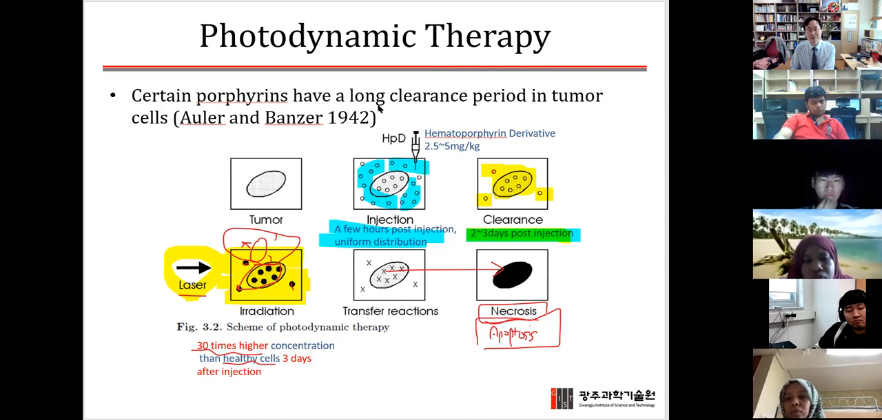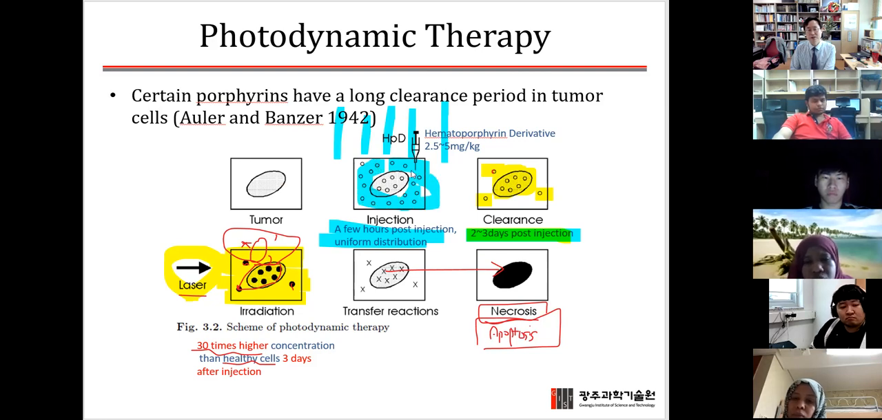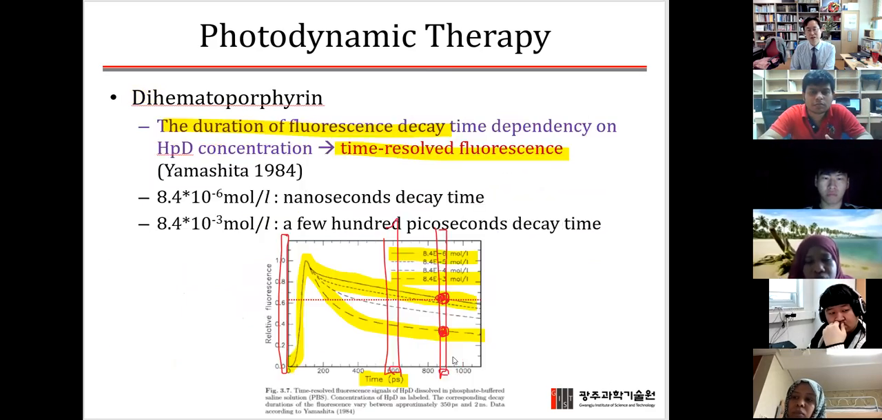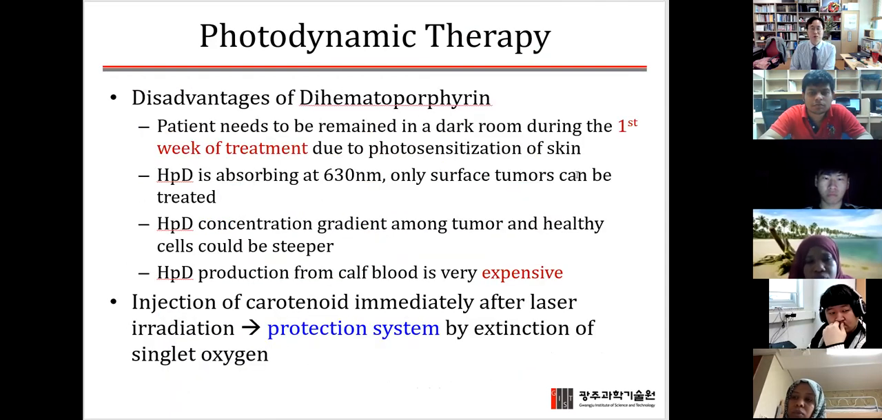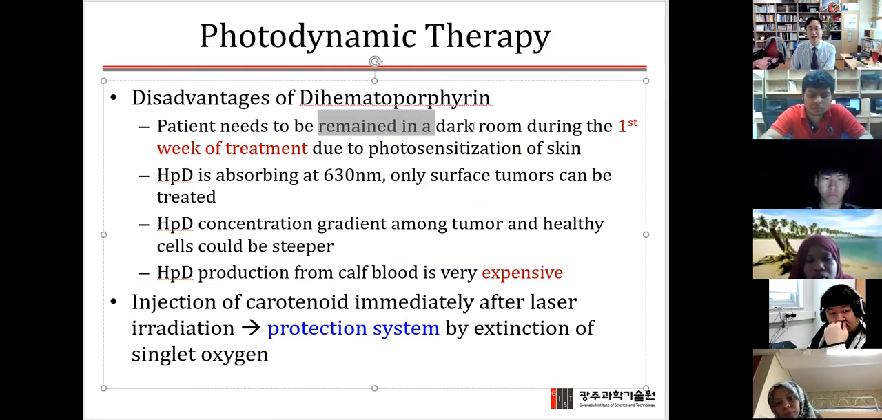So at this time, if the patient goes out to the sunlight, sunlight has all different colors, from the blue to the red, and those are going to be absorbed by the photosensitizer even in the normal tissue, and then they will kill normal cells, which we should avoid. That's why the patient needs to be in the dark room,